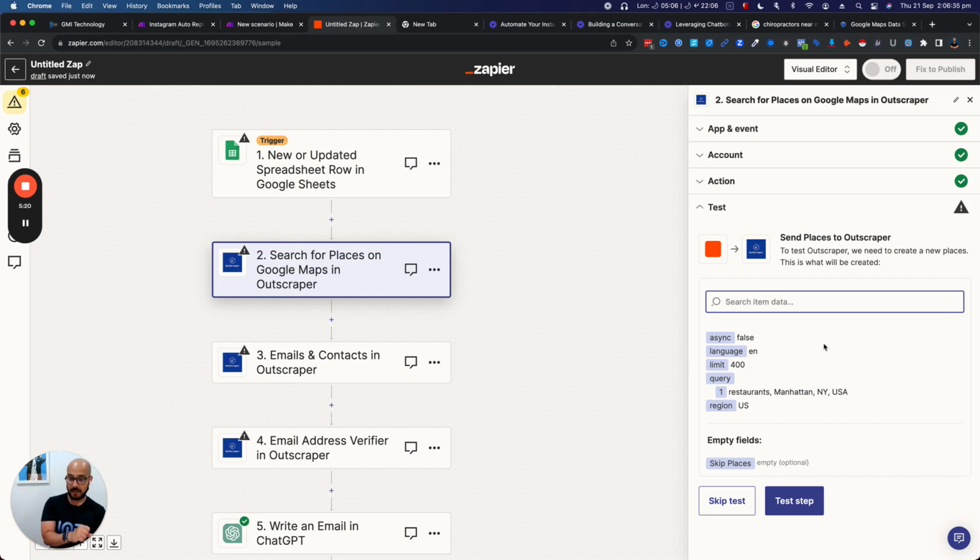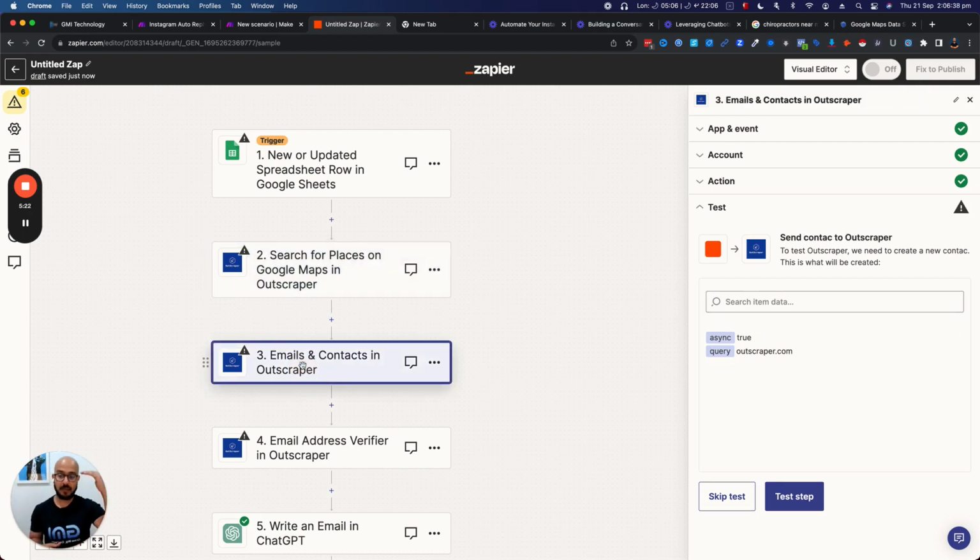But once it gets fetched, it spits out an array or a list of items or businesses for that specific query that you put. Now, what you can do is tell the platform, hey, go ahead and try to scrape emails and contact details from those Google Places. Because Google Places gives you the website, what it's going to do is grab that website, go into it, and scan the whole website,